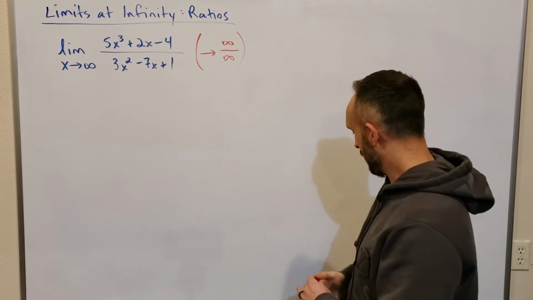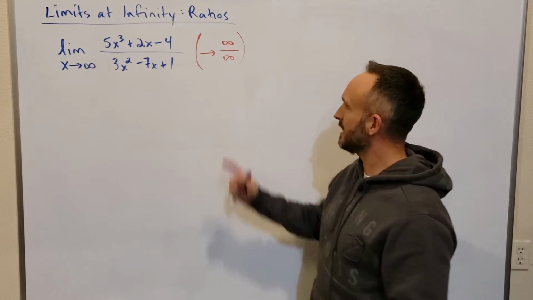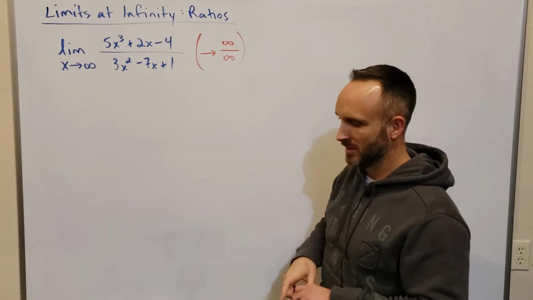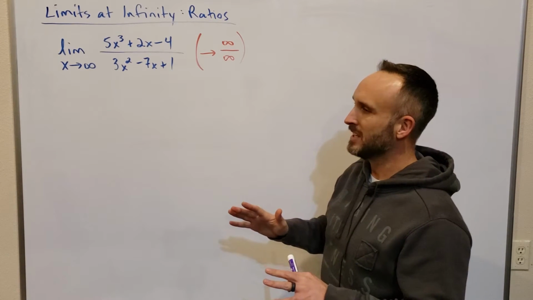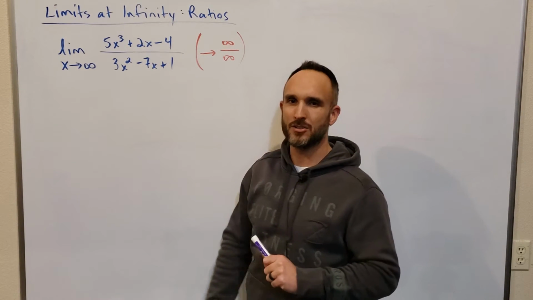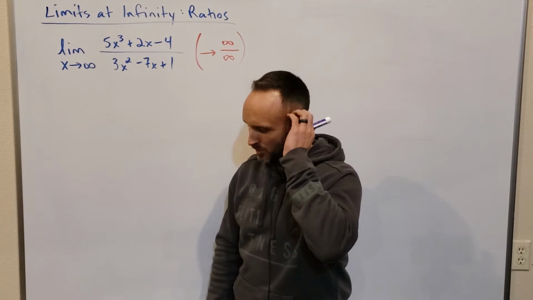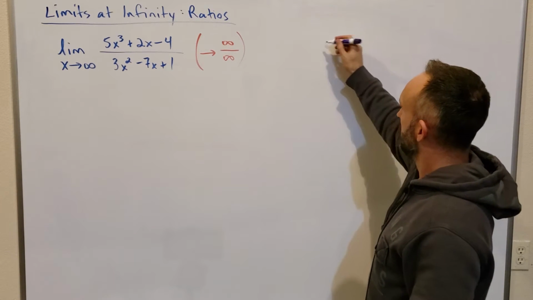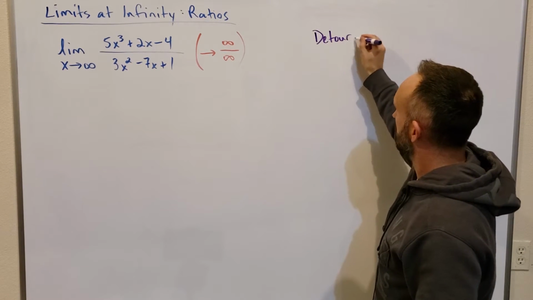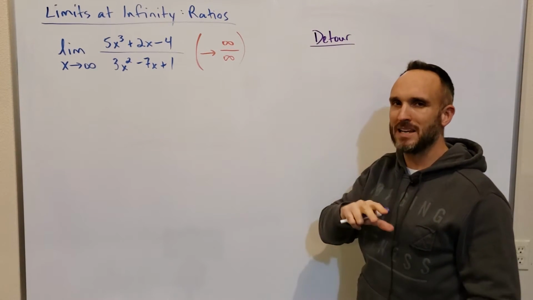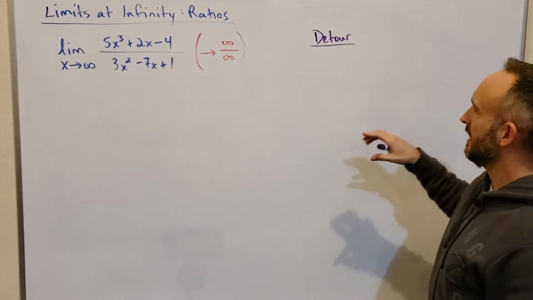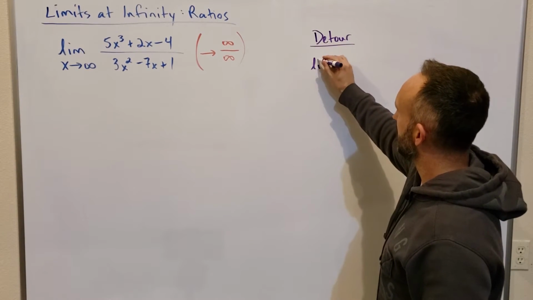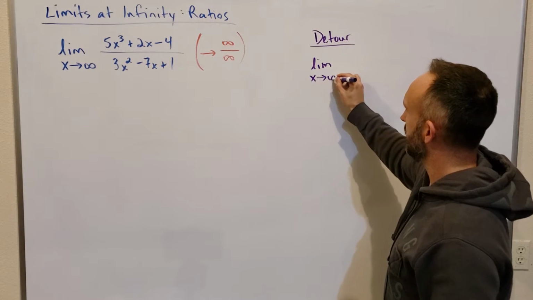A great technique for this is to try to eliminate the indeterminacy of this ratio. And one way we can do that is if we could somehow turn the denominator into a constant. So let's take a slight detour for a moment, and we'll come back to this. Let's look at some more basic limits as x goes to infinity, and then we'll see how they can help us solve this problem. What do we get if we take the limit as x goes to infinity of 1